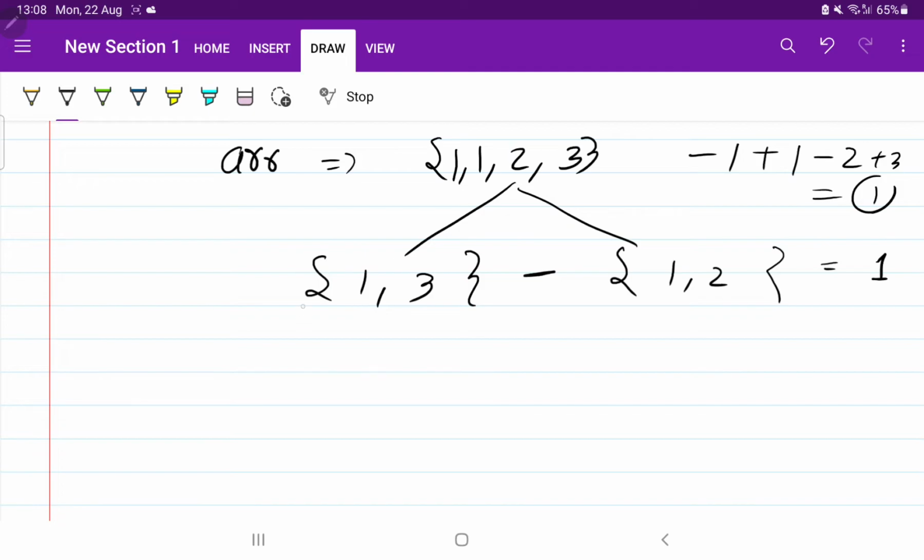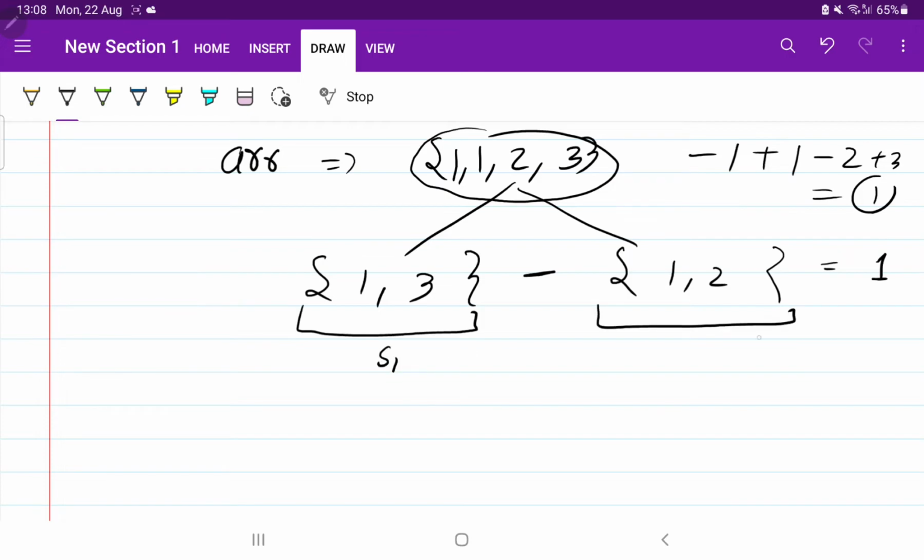It means what we have done, we have divided this array into 2 subarrays such that their difference is given. It means s1 minus s2 value is given to us as the difference. Okay, so it is the same problem that we have done in the last video, but if you haven't seen the last video, you can continue here also.